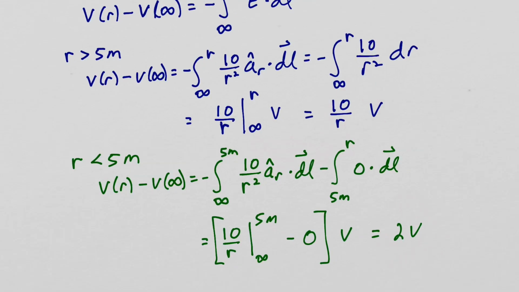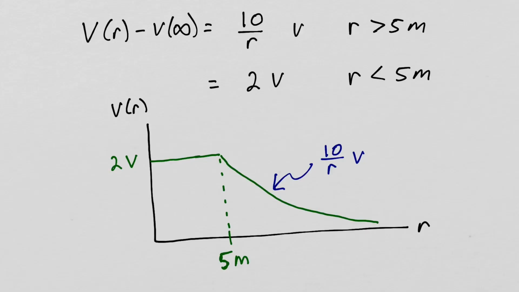This represents the amount of work to move 1 coulomb of charge from infinity to a particular r location. So the amount of work is increasing until you hit the sphere. Once you get to the sphere, it takes no more work when you move inside the sphere because there's no electric field intensity in the sphere. To get to the sphere, it takes 2 joules of work. So once you're inside the sphere, the potential stays constant at 2 volts. The sphere is an equipotential object.